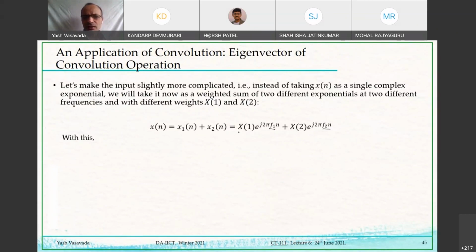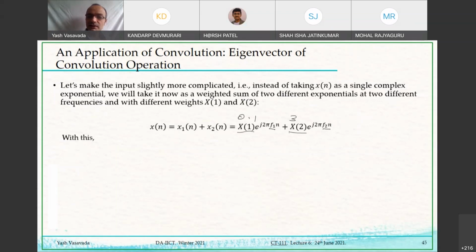And furthermore, I will say that this first complex wave has some weighting which I have denoted as x of 1. The second one is multiplied by x of 2. Maybe x of 1 is 0.1. X of 2 can be 3. Some numbers. So the whole wave got shrunk to 0.1 for the first case, and for x2 it got amplified